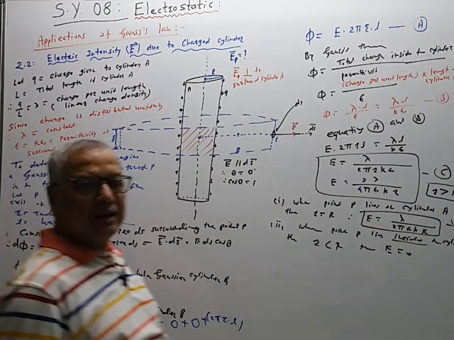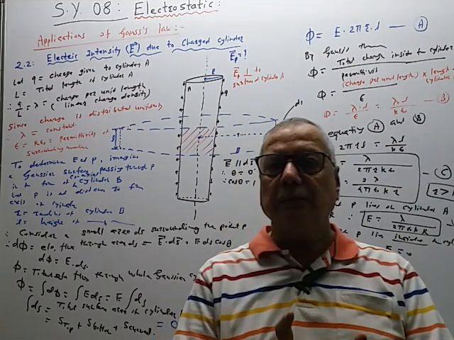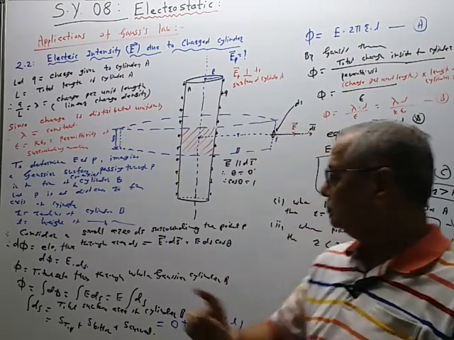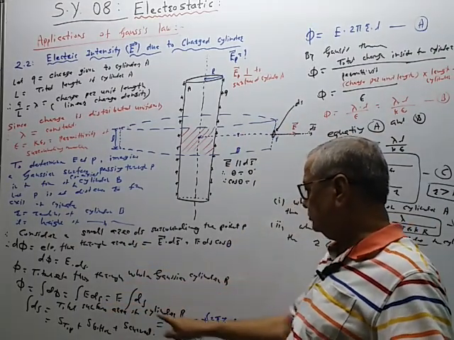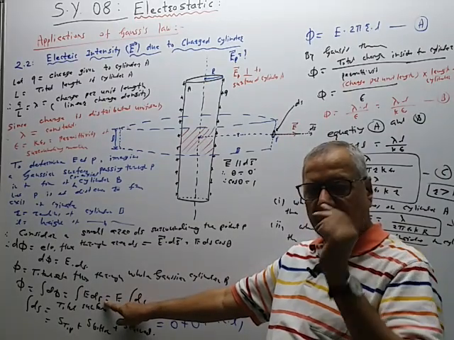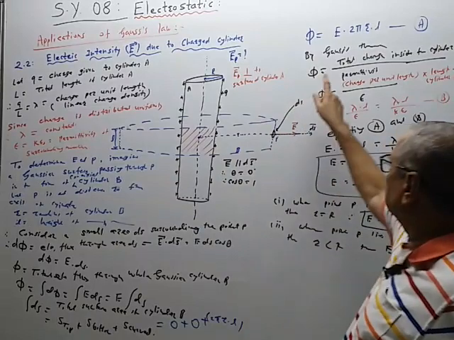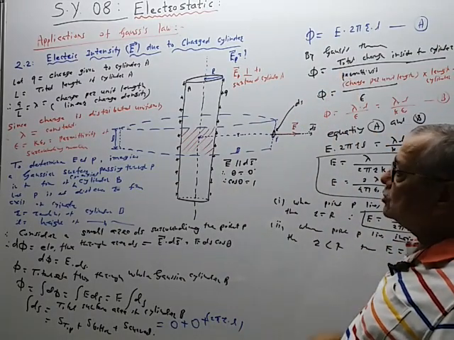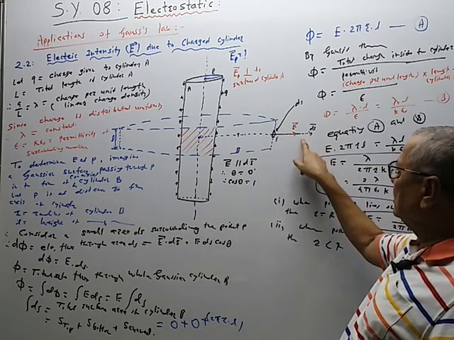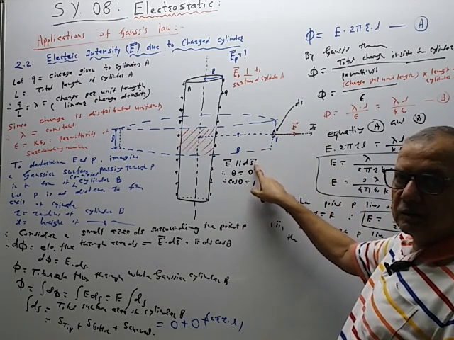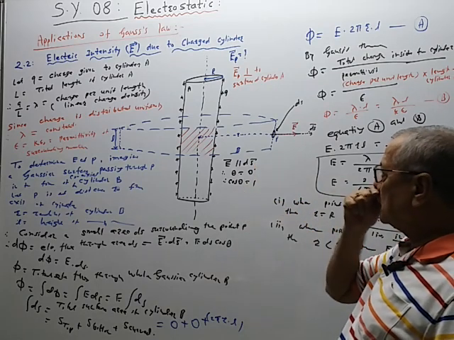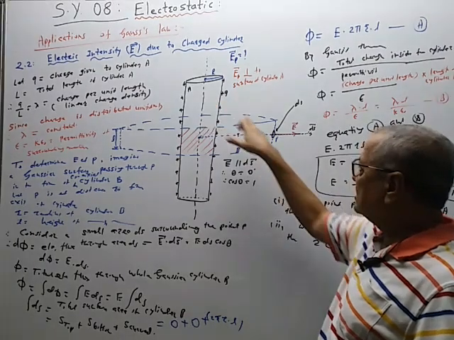The procedure, as for the spherical conductor: find the value of total electric flux for the Gaussian surface without using Gauss theorem. Then find the value of electric flux for the Gaussian surface by using Gauss theorem and equate these two values. As long as charges are stationary, intensity is normal, area is also normal. So E and dS are parallel. Theta is equal to 0. Therefore, cos theta is equal to 1. The shape is cylinder.